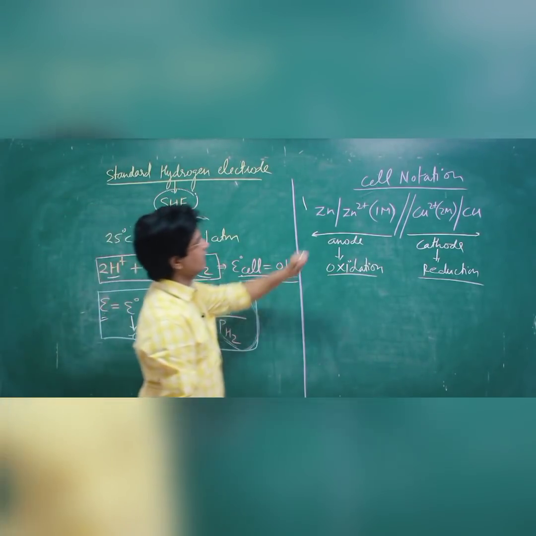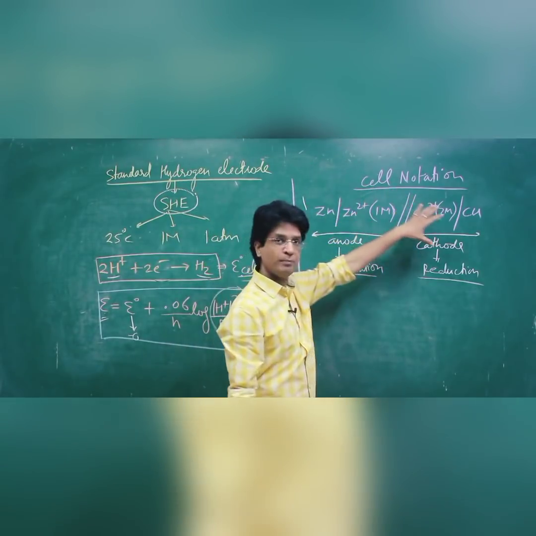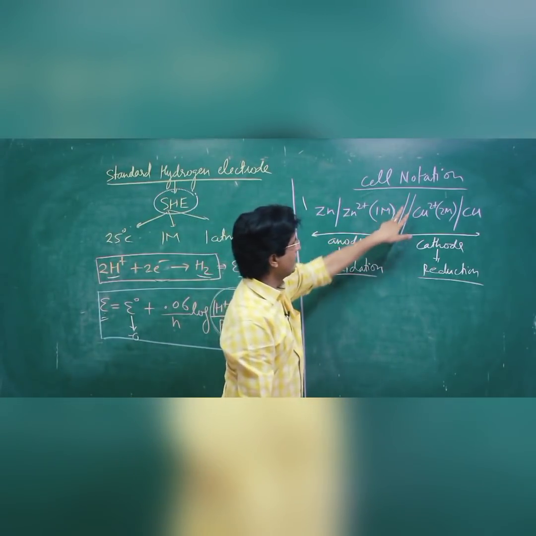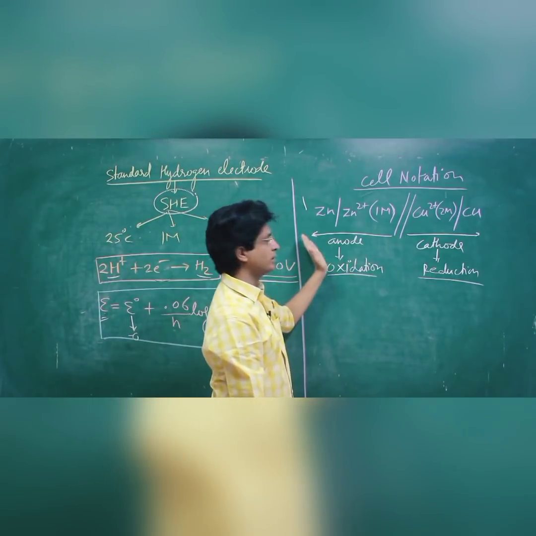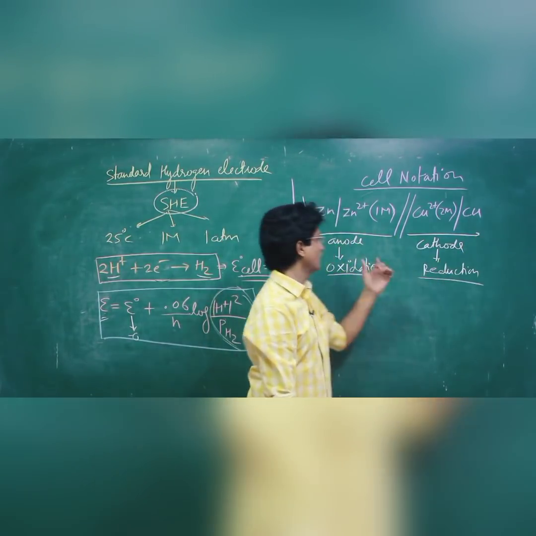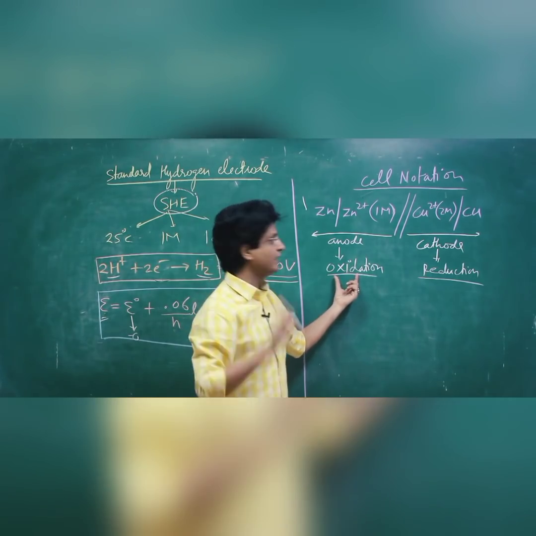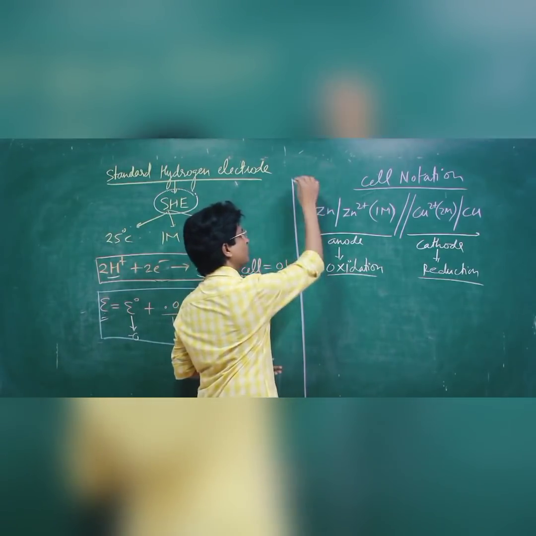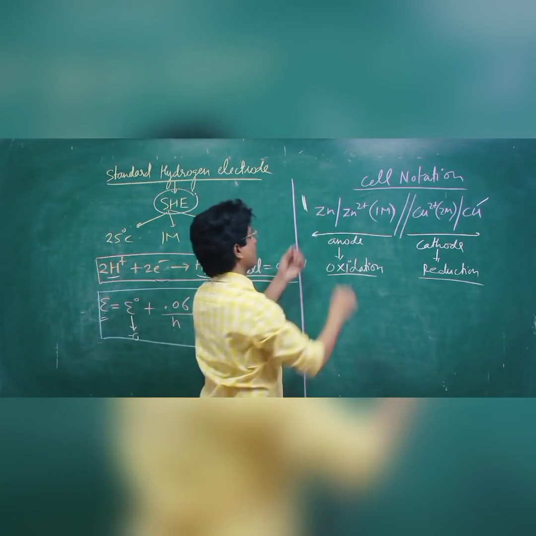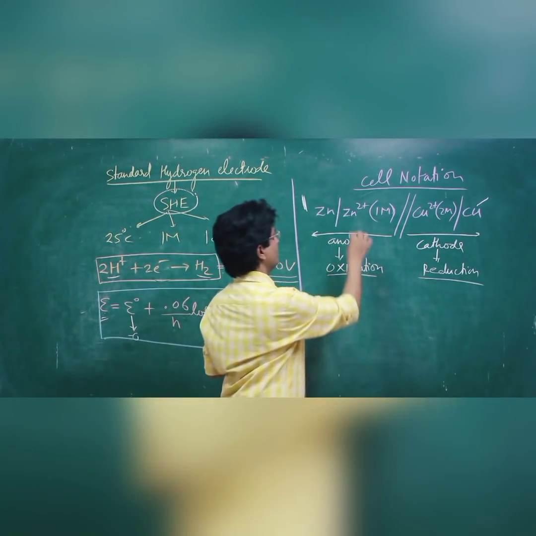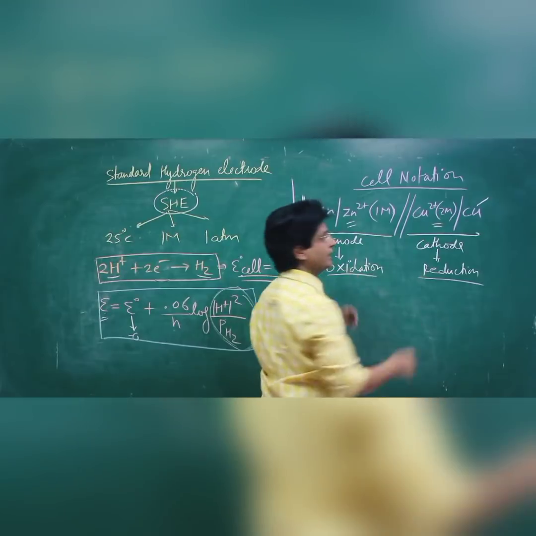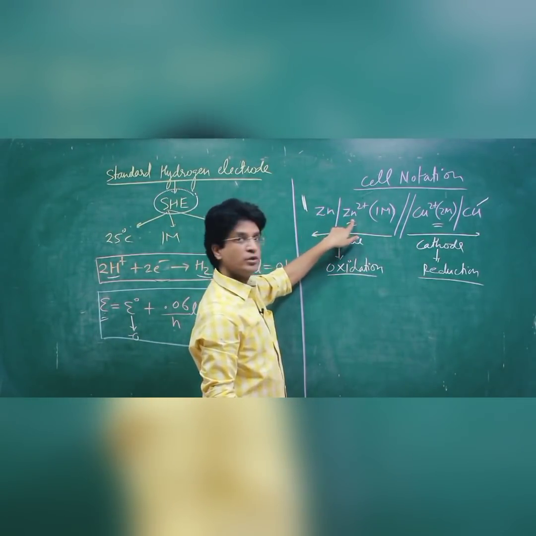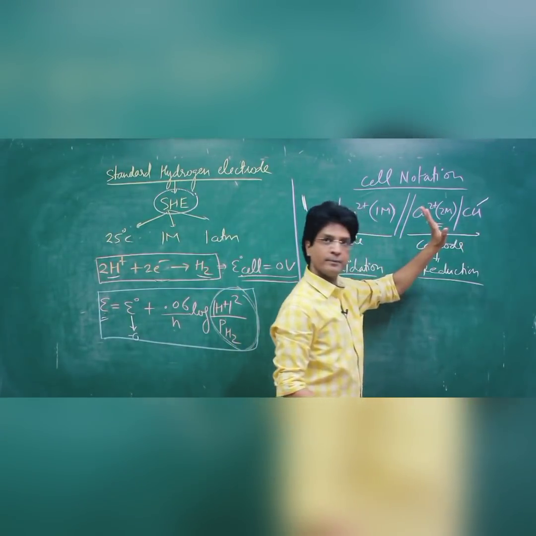Okay, now let's come to cell notation. Now they will give you questions based on cell notation. Now understand what is cell notation. Remember that there is a double line which is called salt bridge. Anything left to it is called anode, anything right to it is called cathode. At anode, remember, always oxidation will take place, and at cathode always reduction will take place. Rightmost and leftmost parts are reserved for conductors, the metal ones, and the concentrations are mentioned in brackets. Single line designates change in phase. Solid, solution, solution, solid. Is that clear?